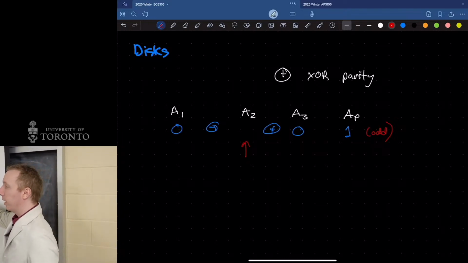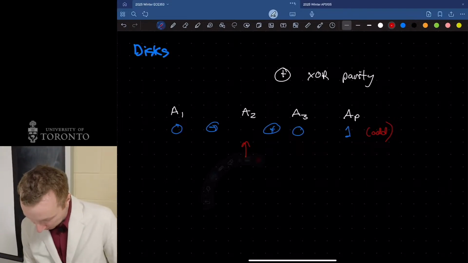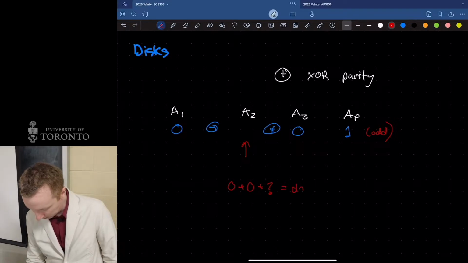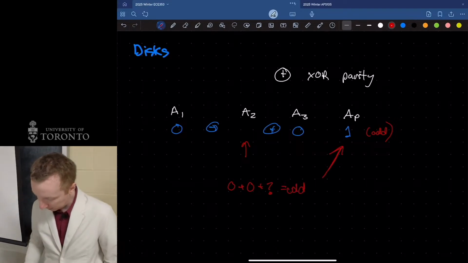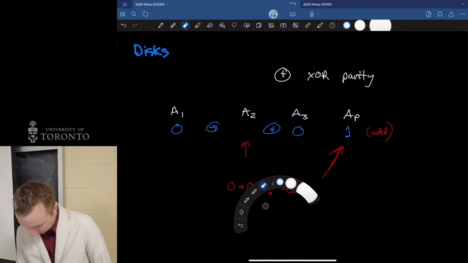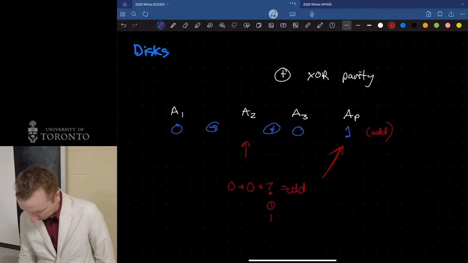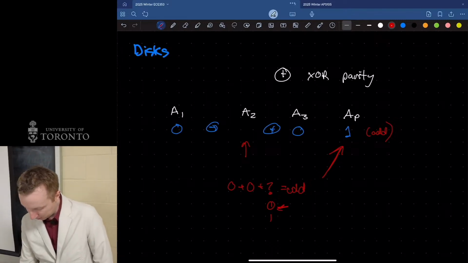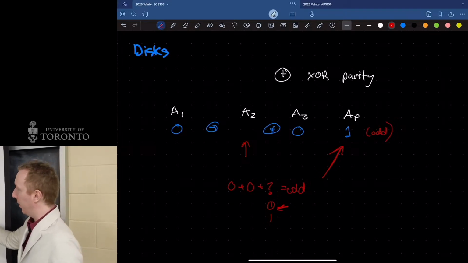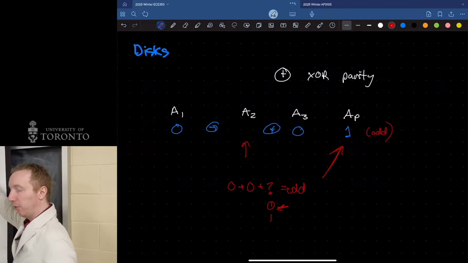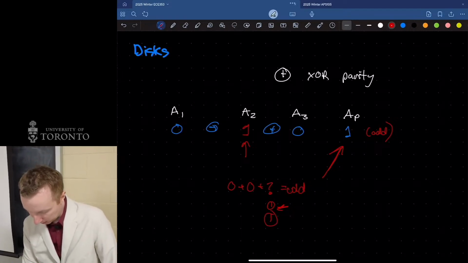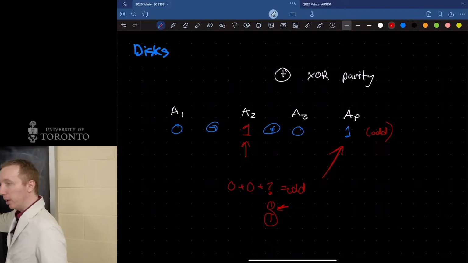Knowing this parity, I can figure it out. It's 0 plus 0 plus something I lost is equal to an odd. That's what this is telling me. Since I'm considering only bits, it's either a 0 or a 1. It can't be a 0, because if I add 0 plus 0 plus 0, that's even, which doesn't mesh with my parity bit. So the information I lost had to be a 1. So I can always recover it, and I can recover any 1 disk.